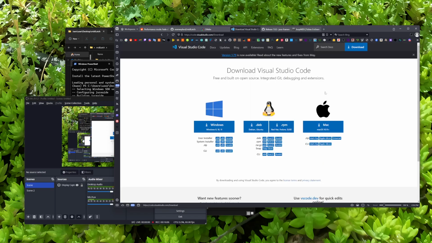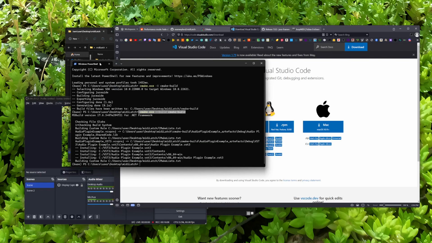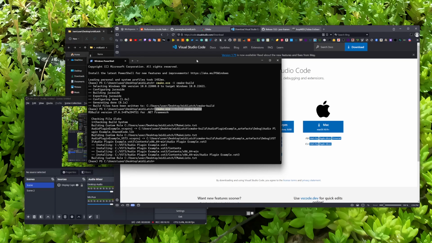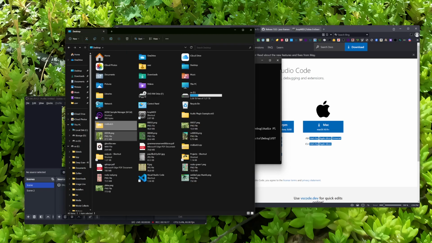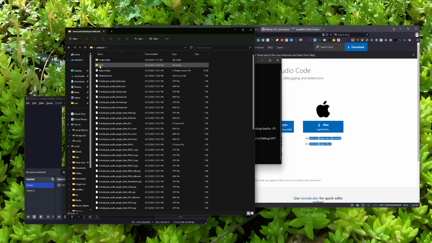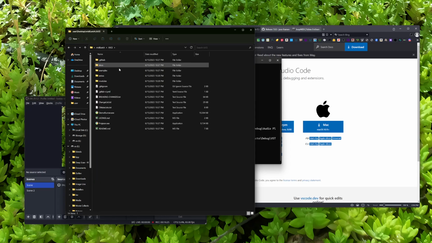Once that's all done, you get in your terminal in the folder. This should be on my desktop, right? Yeah, midiLatch. So I put the Juice folder inside of the midiLatch folder, and then you go in the Juice folder to